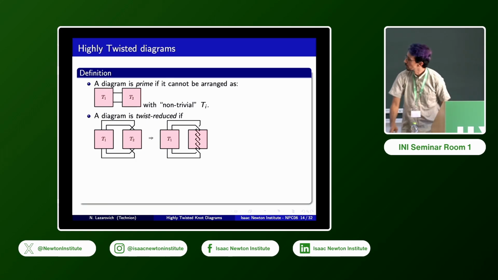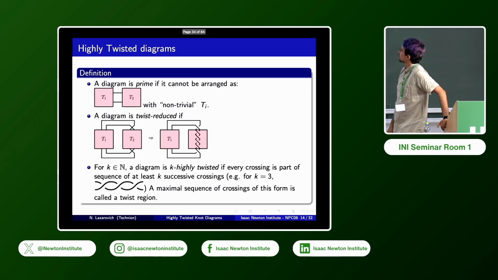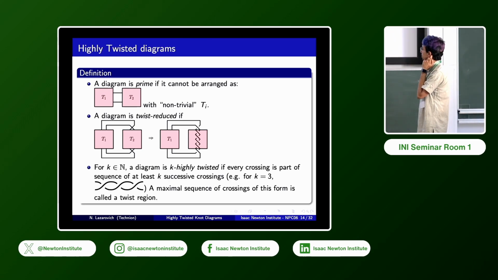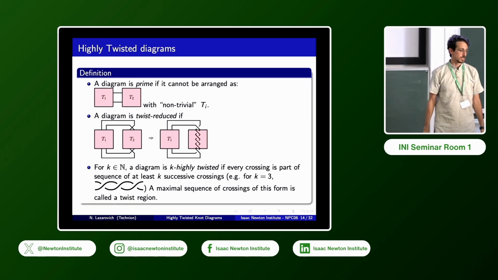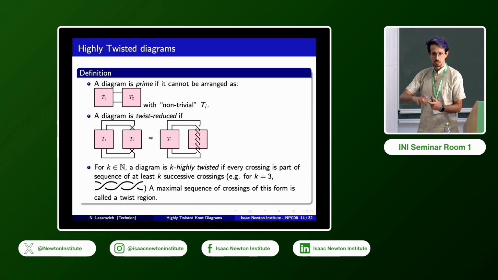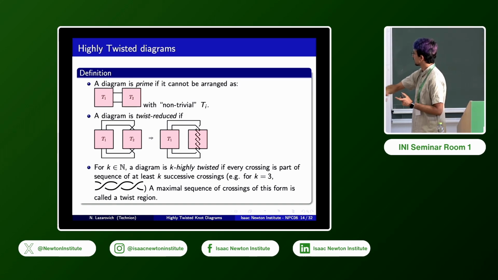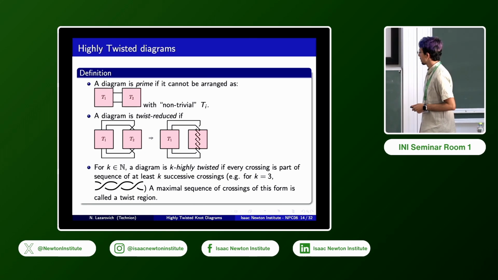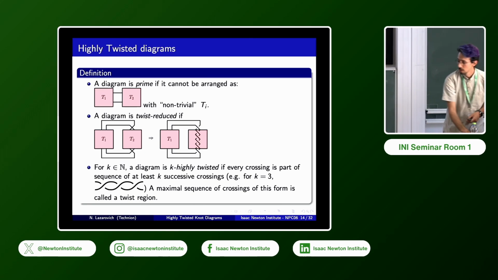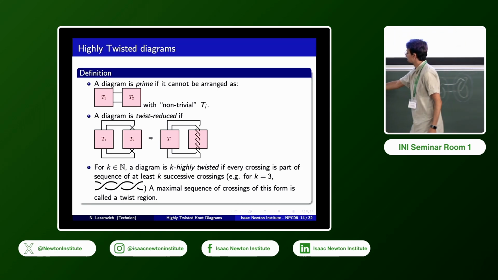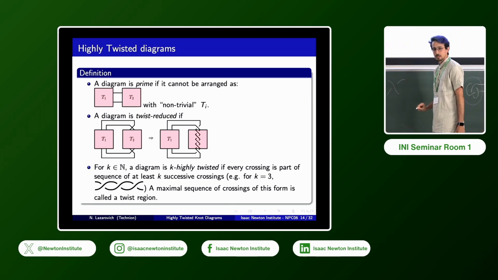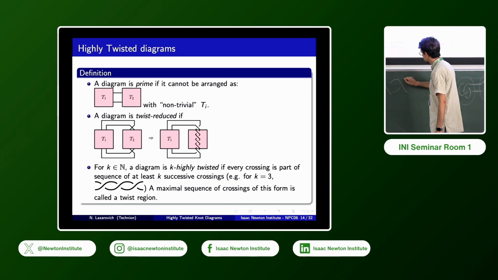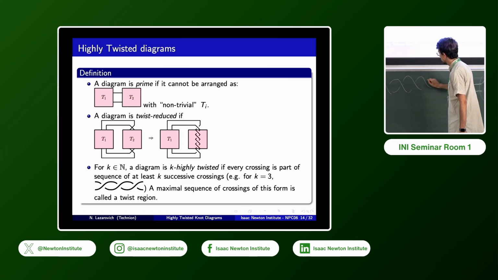Okay, good. So twist reduced. And finally, let's talk about K highly twisted. K highly twisted means that whenever you see a twist, it is followed by at least K of them in a row. Okay, so whenever you start seeing some twist, then there are K such things